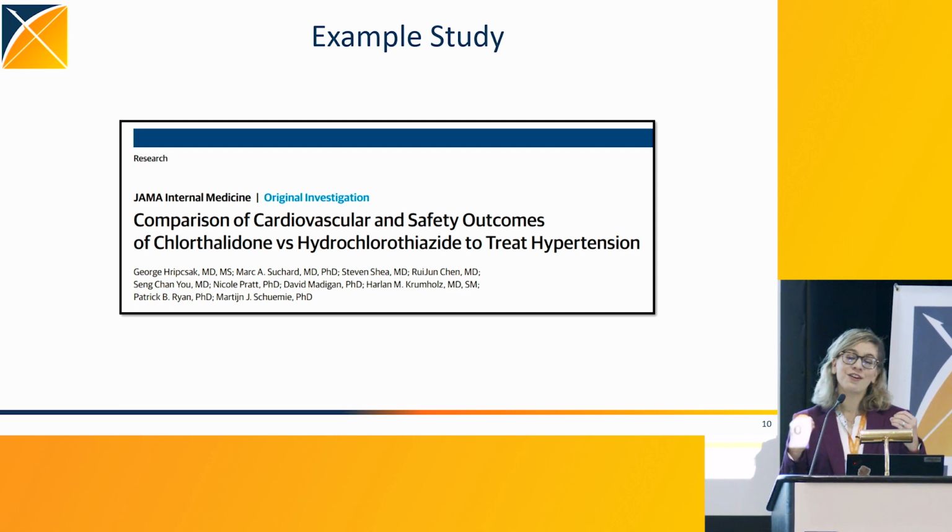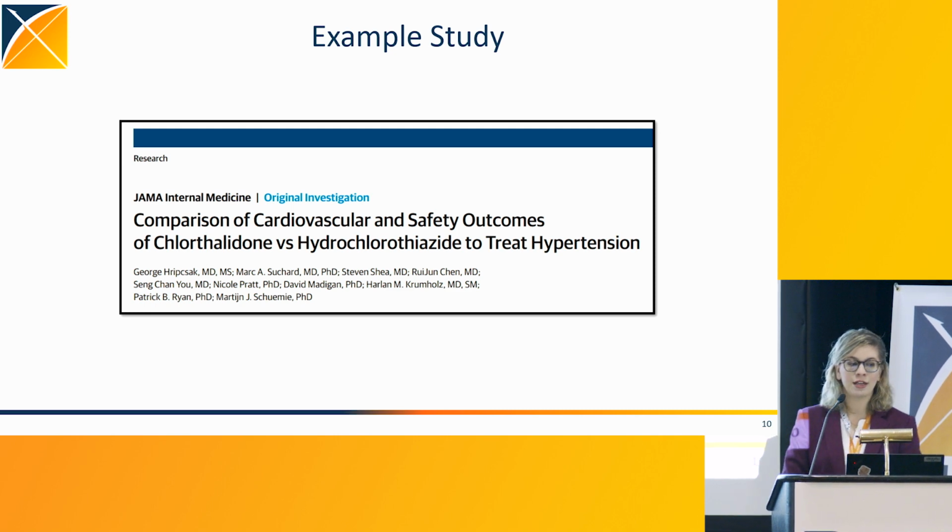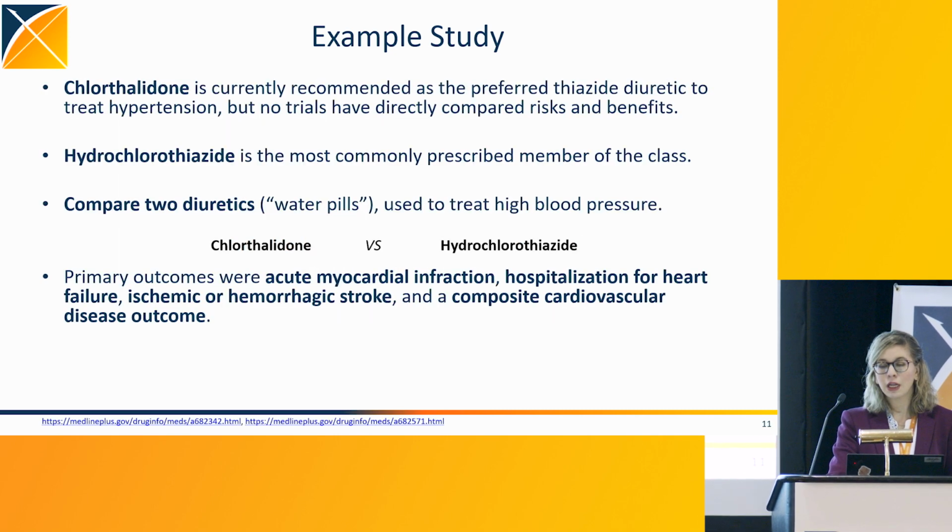But I'm going to give you a very, very high level overview so that hopefully it will help you follow along. And actually, I do believe George talked about this a little bit yesterday. So this was published in 2020 by George Ripsack et al. It's in JAMA Internal Medicine, and it's the comparison of cardiovascular and safety outcomes of chlorothalidone versus hydrochlorothiazide to treat hypertension. And so what's just really important to understand now is that chlorothalidone is currently recommended as the preferred thiazide